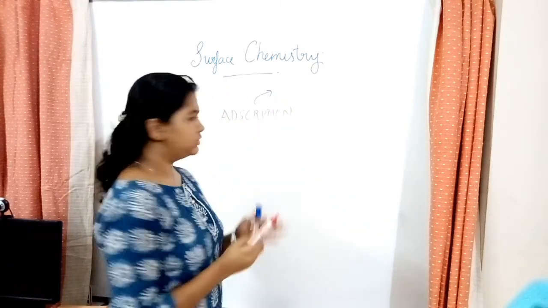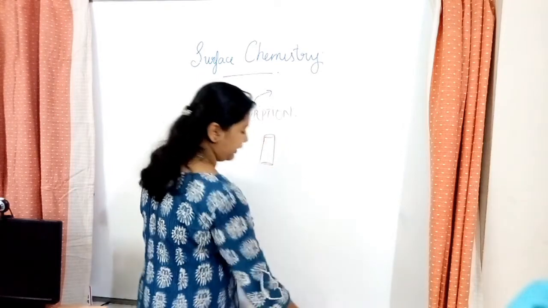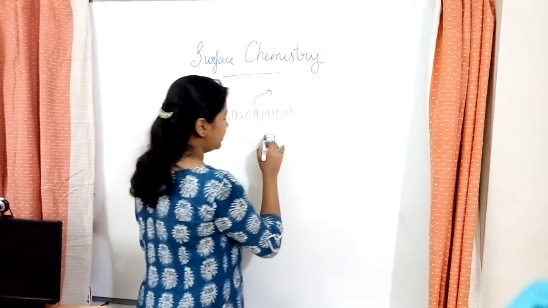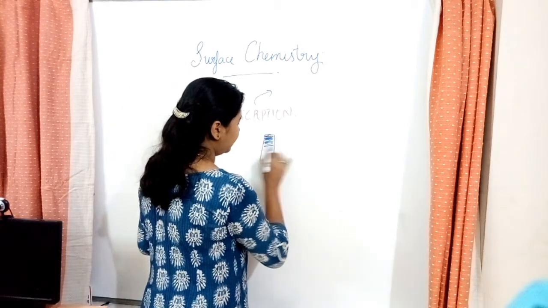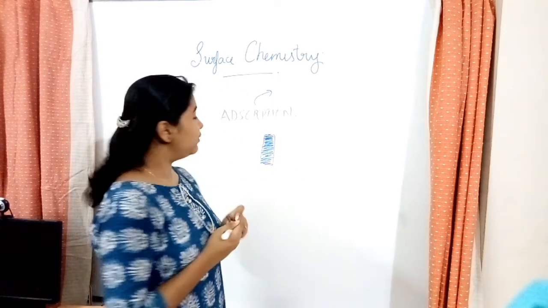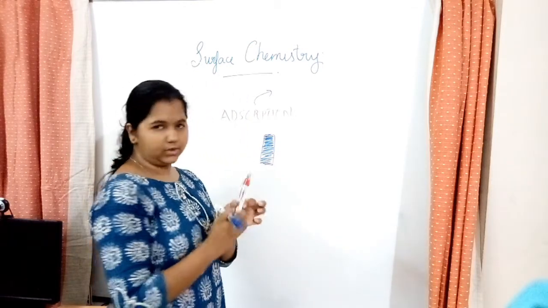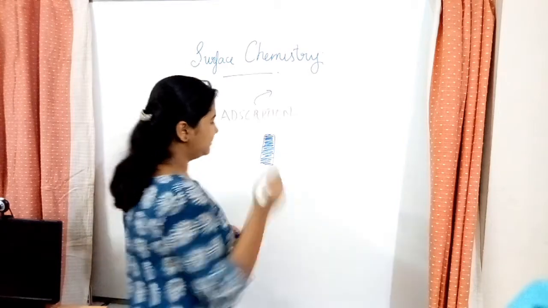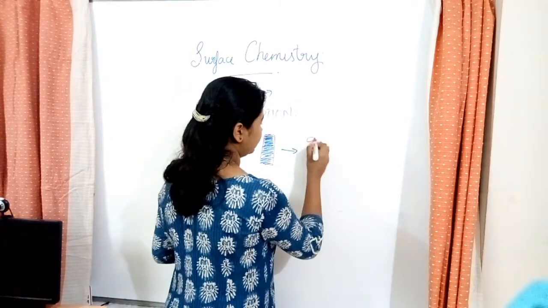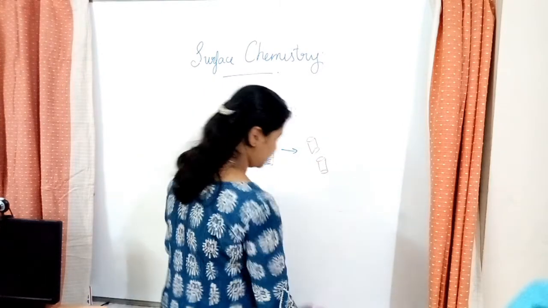I've taken a chalk, a white chalk. Okay. And then what I did is I dipped it in a blue ink. So this is completely dipped in blue ink. Now what can you see? If you turn the chalk like this, all you can see is blue color. Okay. Now what I do is I will break the chalk and make it into two halves.